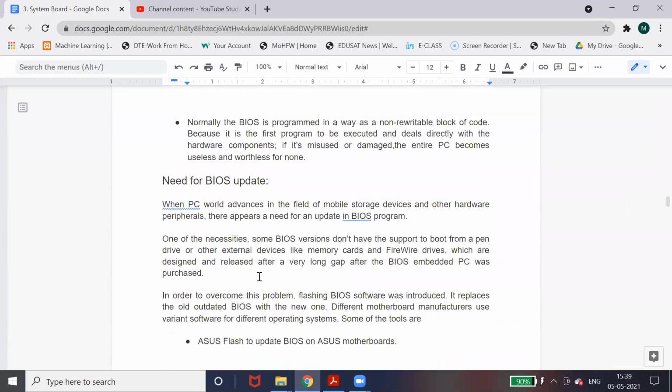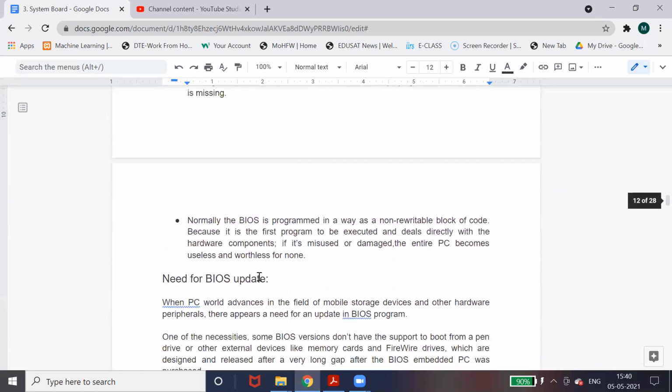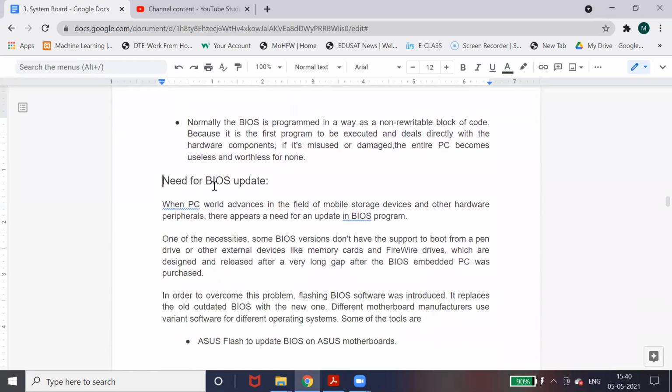Now once the BIOS is stored in the ROM, it cannot be changed. ROM is permanent, it is read-only memory, you cannot change it. But there may be a situation where we need to update this ROM. Now, what can be the situation?